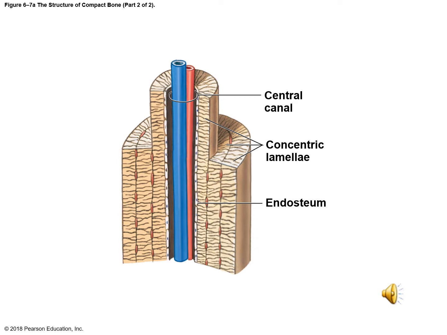This figure is just a figure of a single osteon, so you can see it a little more clearly with the central canal and the blood vessels. The central canals are lined by endosteum so that it can produce new cells when needed. And you have the concentric lamellae with the osteocytes living in the lacunae, and you can see the canaliculi